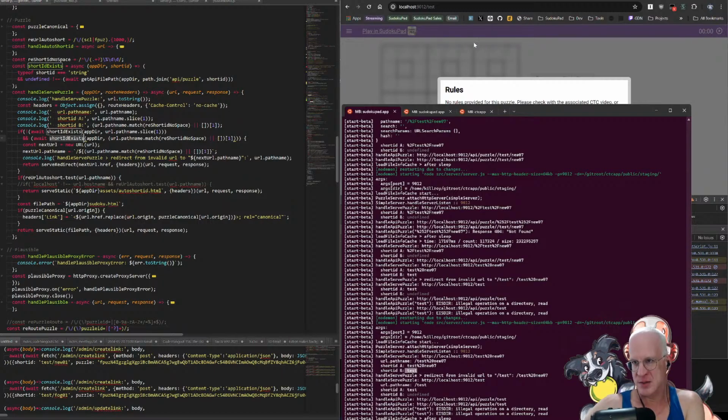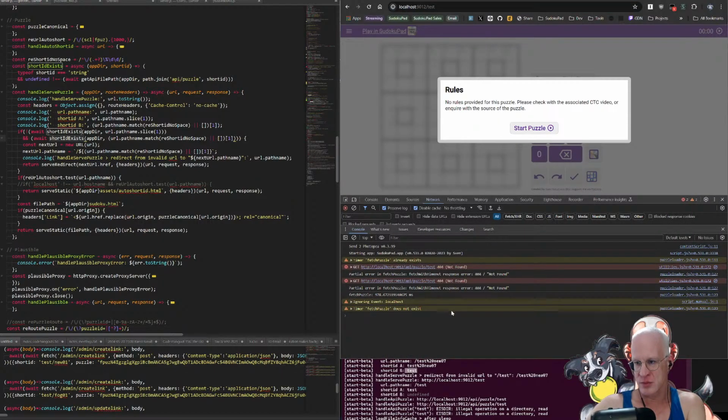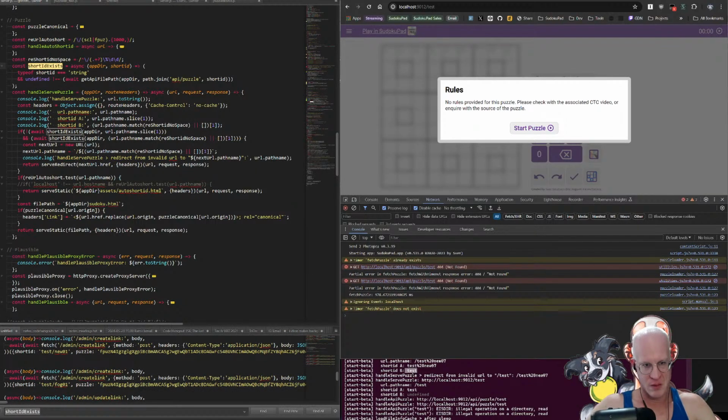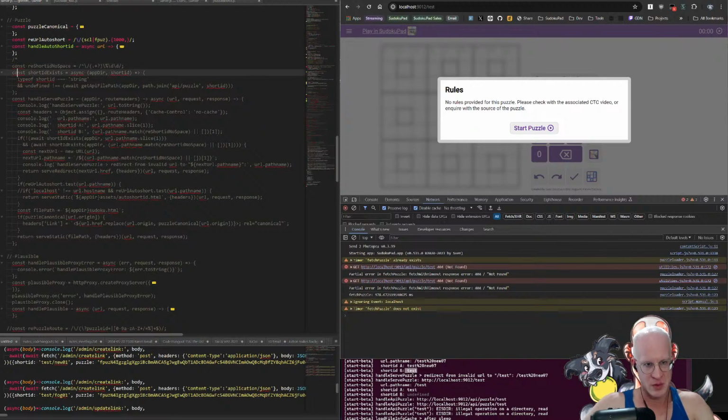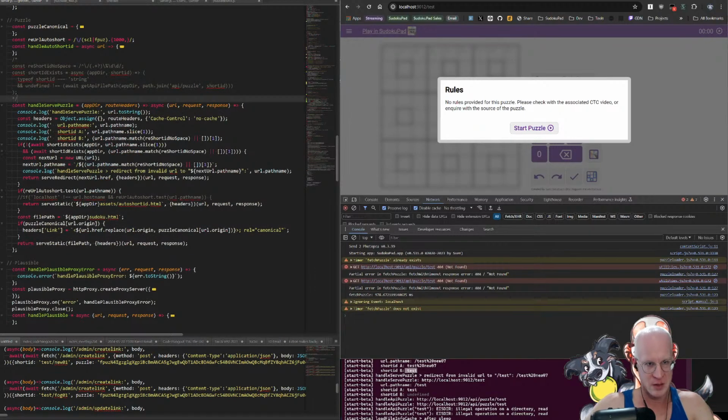I mean, in this case, you see it redirects to everything before that encoded part, which doesn't sound particularly correct either. So I feel like maybe we don't need that. Is there any other places where short ID exists is used? It doesn't appear to be. So if I get rid of that, and then just cut all of this out,